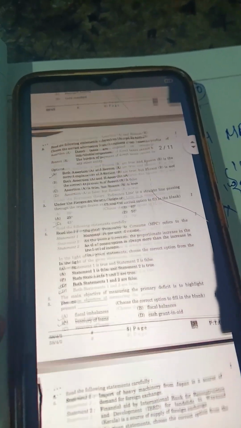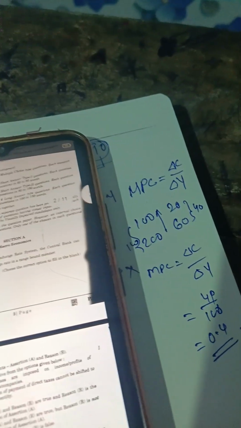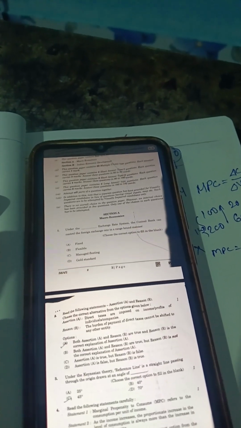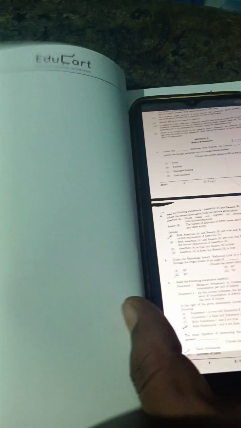I'm back after a long time to discuss with you the MCQ questions which came in the last year exam. MCQ questions play a very vital role in scoring marks. We have 20 questions altogether in both the sections, that is macro and Indian economy. So let us discuss first about the macroeconomics part.